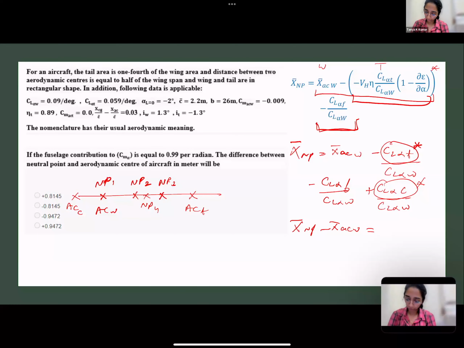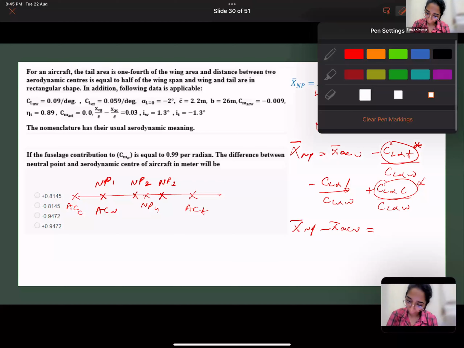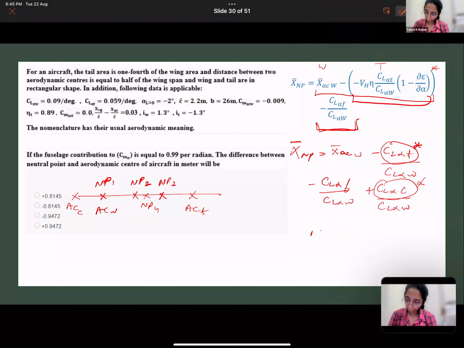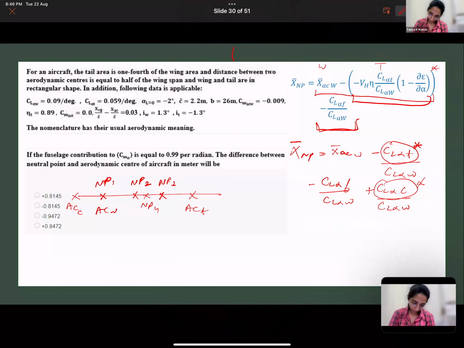Take a question, so I'll just erase and write it again. So your X bar NP minus X bar AC wing is minus of minus